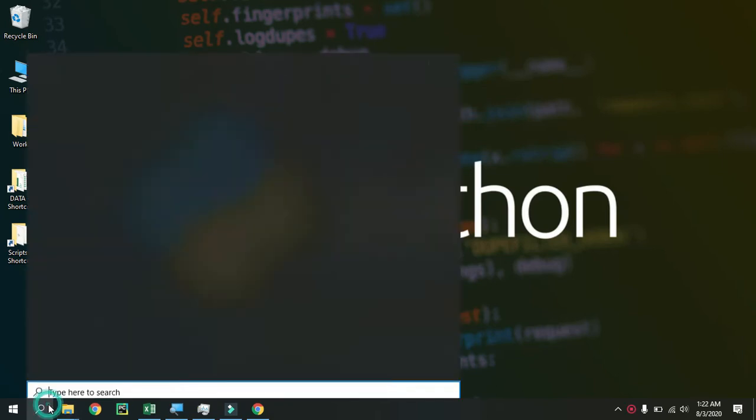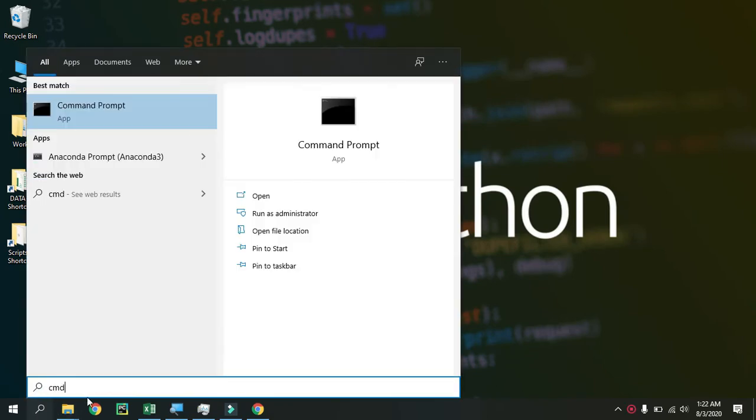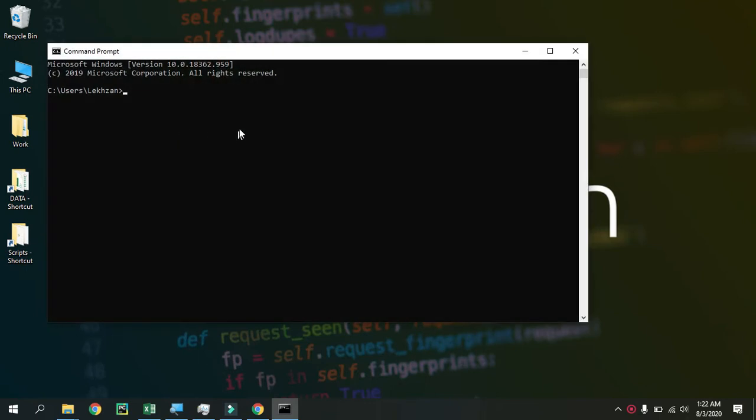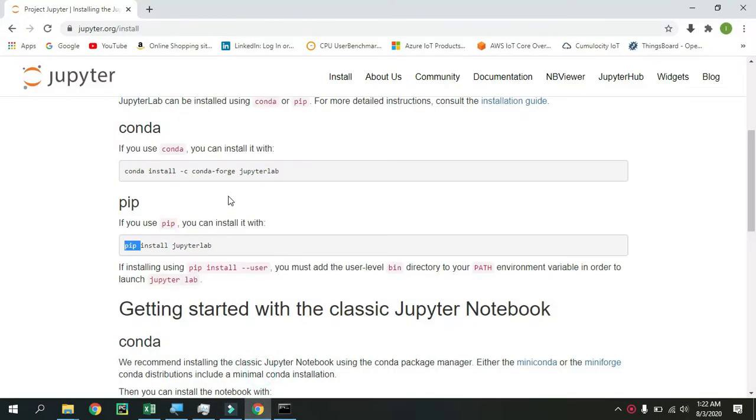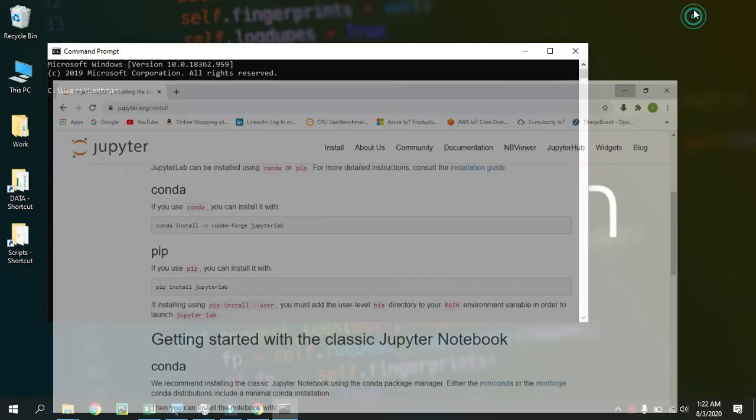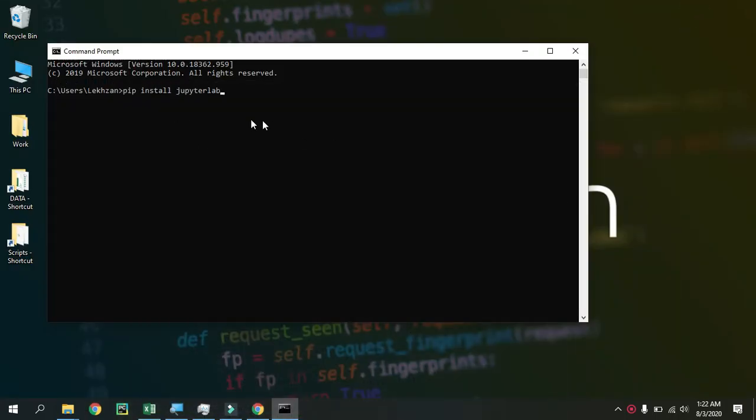So quickly let's just go to command prompt and let me just copy paste that command. It's pip install Jupyter Lab. So Jupyter Lab is nothing but it's a package which contains Jupyter Notebook and several other stuffs as well. So pip install Jupyter Lab, enter.